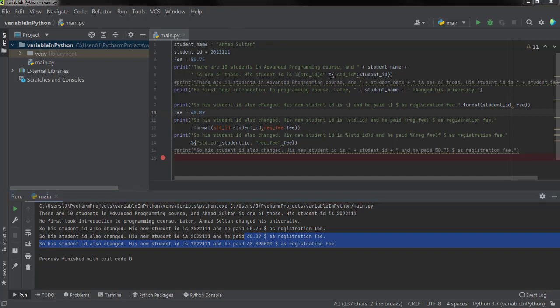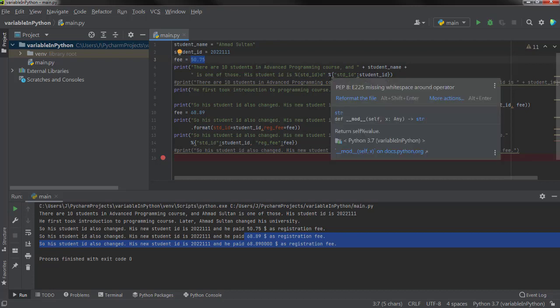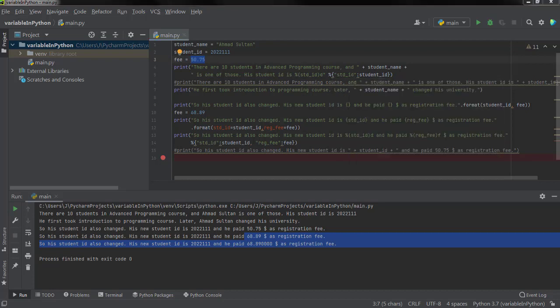This is how we can store this text as a string, we can store an integer, and we can store the float, and this is how we can print these variables in the print statement.